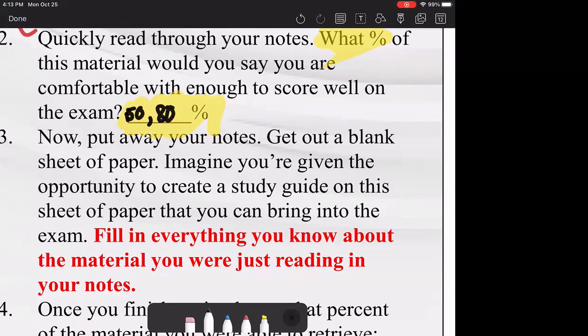I'll tell you too on this, pictures help.